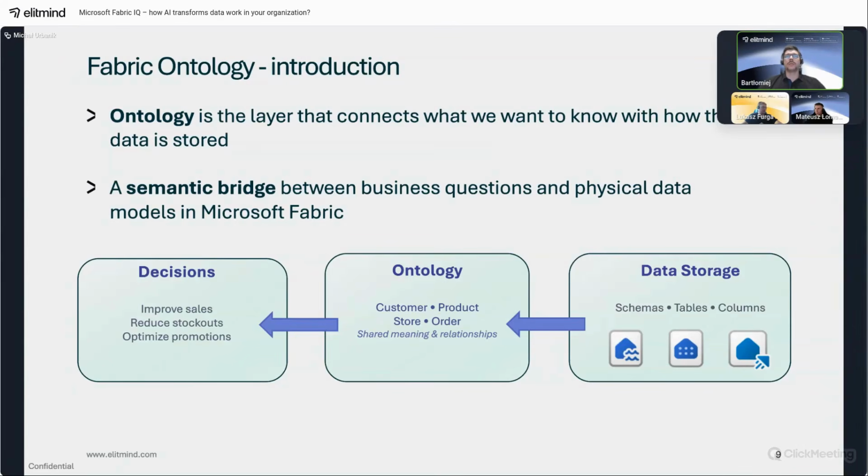And the ontology provides a semantic bridge between these two worlds, which exposes to the business the way we think and how we name our data, because many organizations may call a data entity in a specific way. Ontology provides a layer where we are able to define how we map our data to the entities, what the relationships between our tables are, and so on.